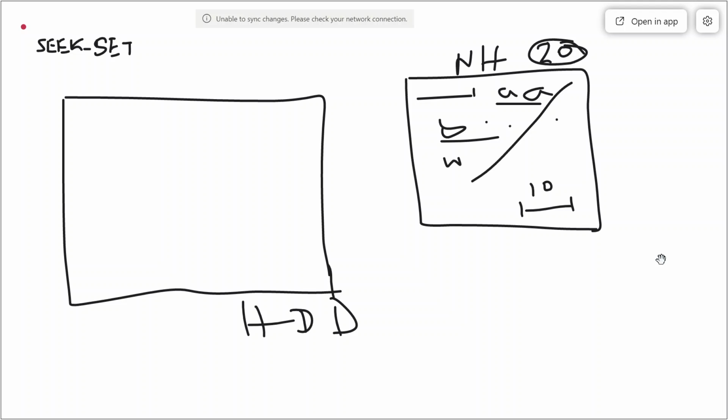For example, in my machine I have installed Linux as well as Windows. So let's say for Linux I have reserved this much space, and for Windows I have reserved this much space.